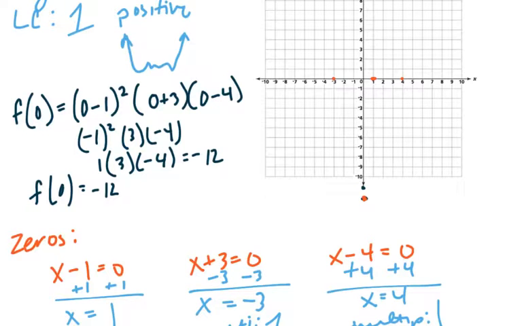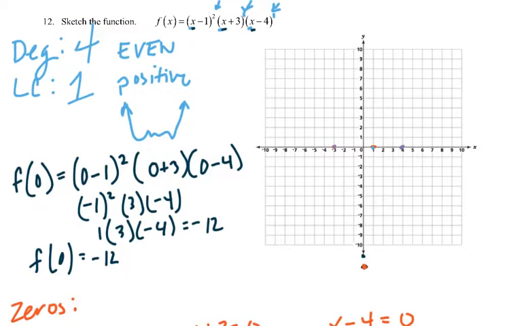We know that the negative 3, which I'm now going to do in purple, is a cross point. And the positive 4 is a cross point, but the positive 1 is a touch point. We know the end behavior, this should be rising from negative 3 upwards. So I'm going to go ahead and graph this in like a light gray so you can kind of see